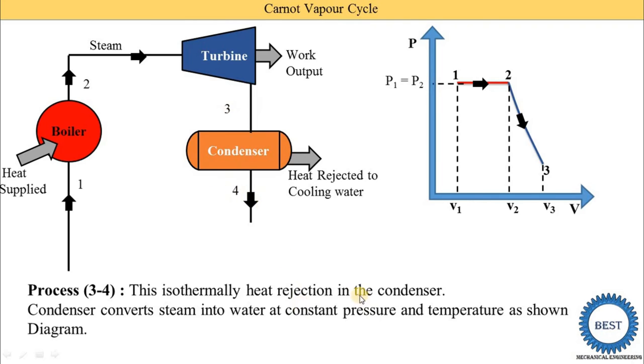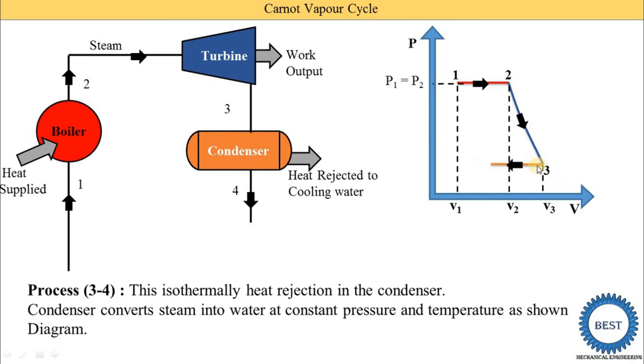During that process the pressure remains constant. So when the pressure remains constant, we need to draw a horizontal line, meaning P3 and P4 are the same. When the heat is rejected, steam is converted into water, meaning gas is converted into liquid. That means the volume is reduced. So at point 3 we have two options: either we move towards the right side, or towards the left side. But we know that the volume is reduced, so we need to move towards the left side, meaning point number 4 is to the left of point number 3.